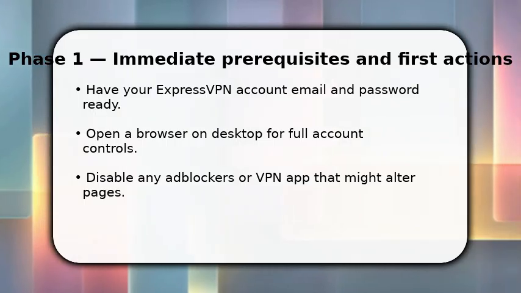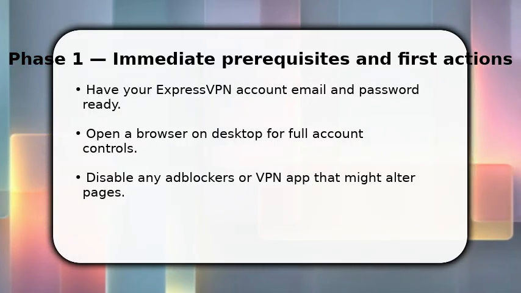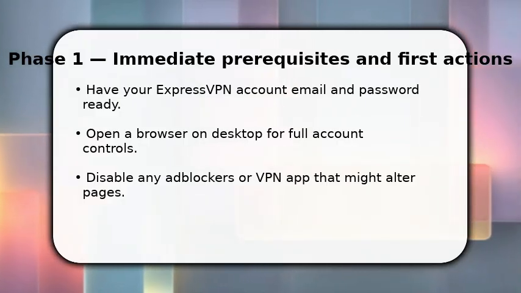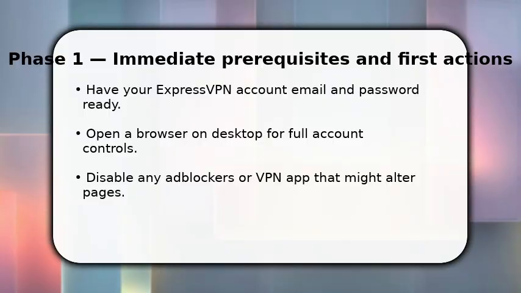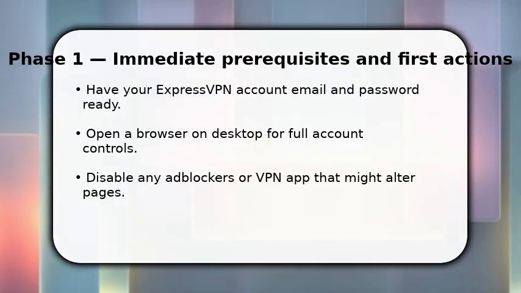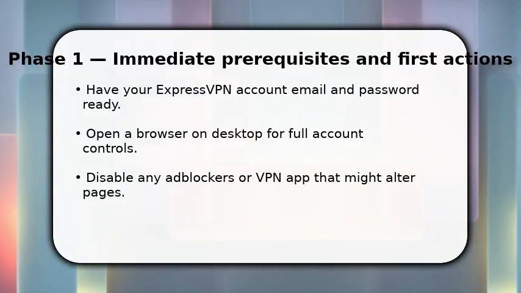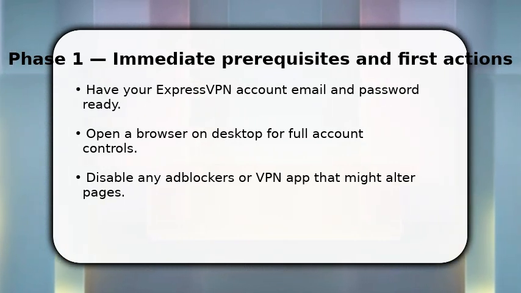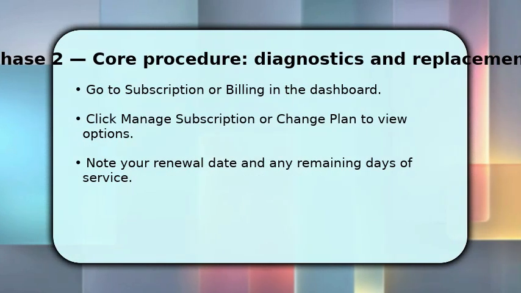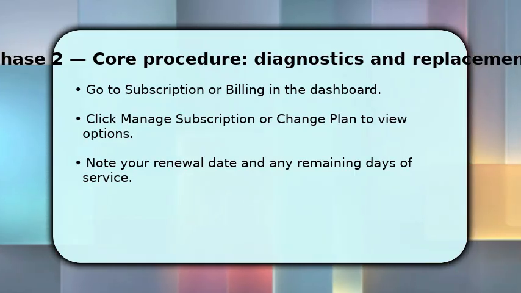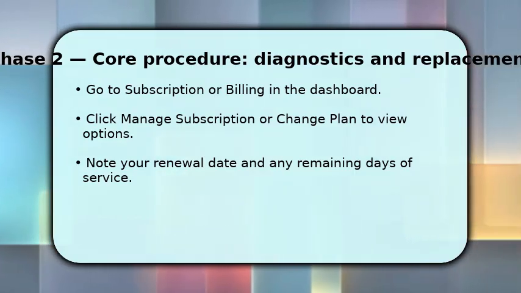If you used a third-party store like Apple or Google, pause here and open that store instead. Otherwise, proceed. You're doing this to stop recurring charges and avoid prorated confusion, so confirm you're in the right account before moving on. Once on the billing page, locate the active subscription entry and click Manage Subscription or the equivalent